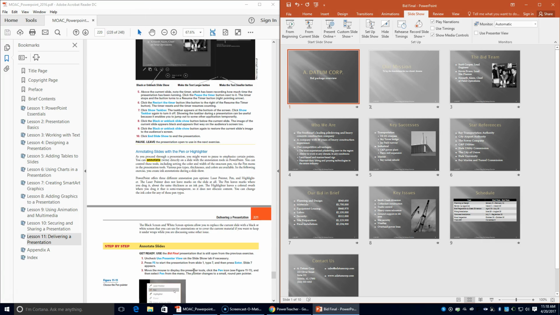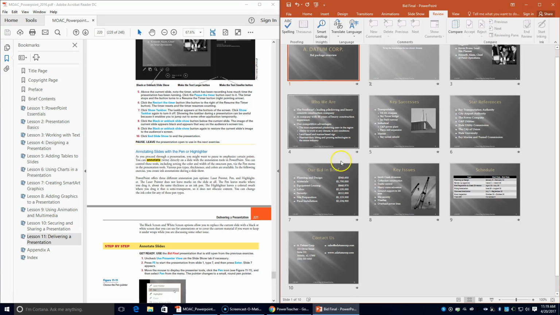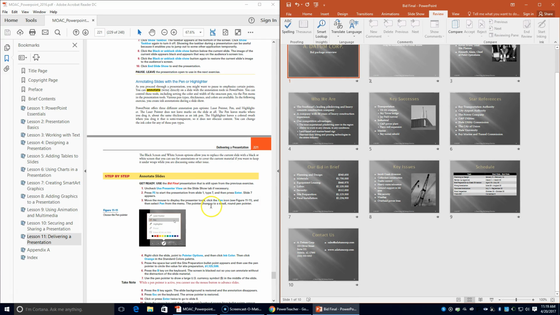Okay, next you're going to annotate slides using a pen. So it says to uncheck Use Presenter View if it is necessary. And then it wants you to press F4 to start the presentation from slide 1. Type 7 and then press Enter, and slide 7 appears. You're going to right click to display the pen icon, and we're going to change the color to orange. Then we're going to circle